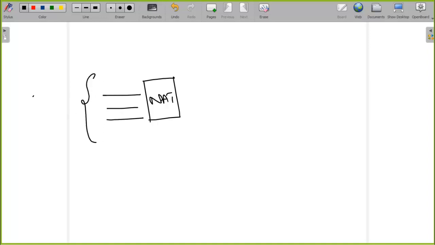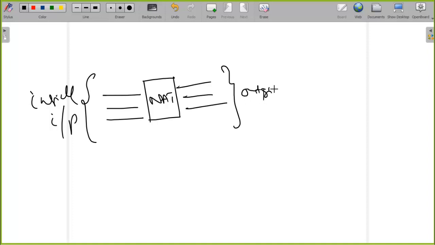First, take static NAT as an example. Suppose you have a NAT box like this, and some three IP addresses, let us call them inside IP addresses. Generally in NAT we call them inside IP and outside IP. I already told you, NAT can translate any IP address into any other IP address. I mean, an IP address of one family can be translated to an IP address that belongs to another family. That is why we refer to them as inside IP and outside IP.